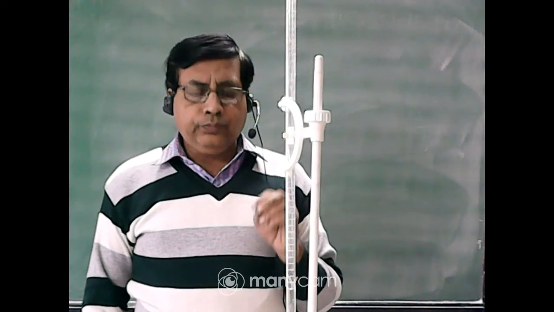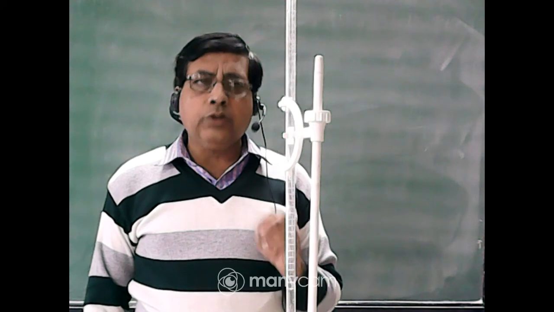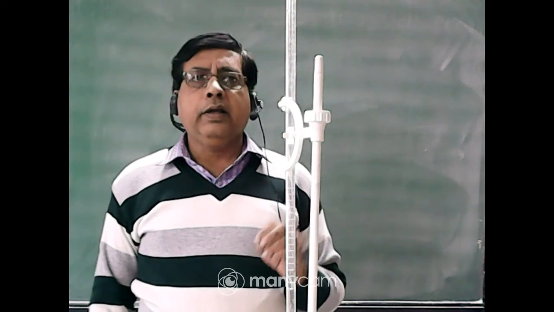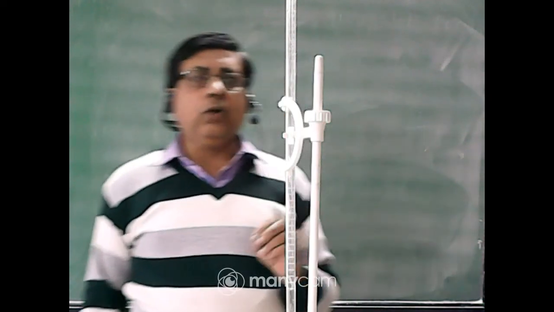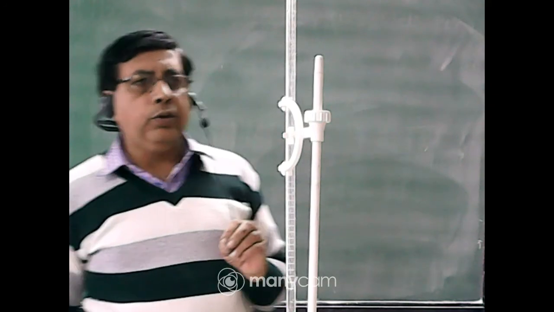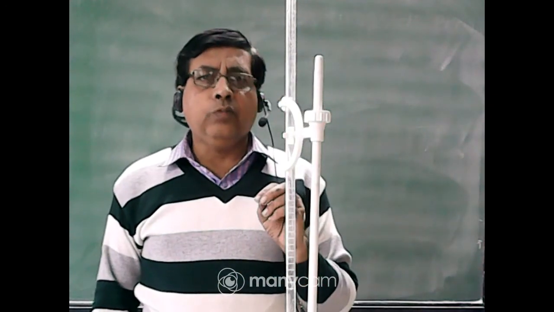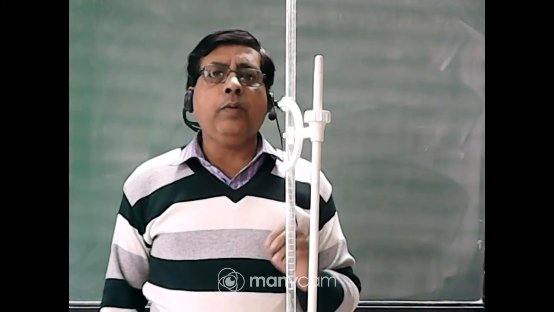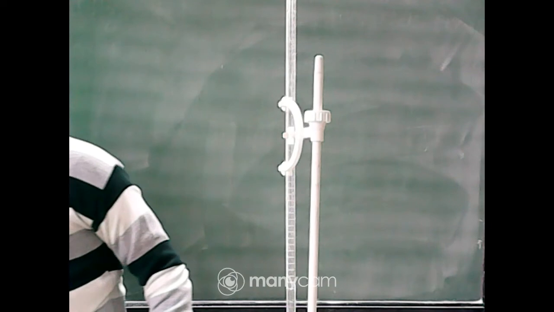Sodium carbonate is obtained in the pure state, so it is a primary standard. So we first prepare a 0.1 molar primary standard solution. Using this solution, we titrate with a given dilute HCl to determine the molarity and normality of the given sample of hydrochloric acid. So we have to determine the molarity of given hydrochloric acid.